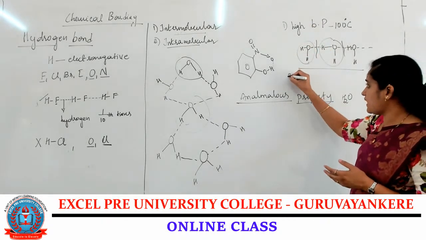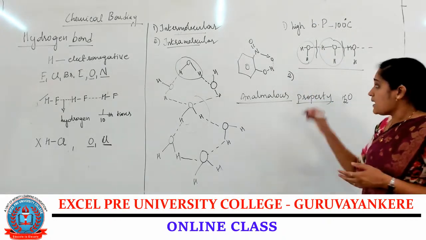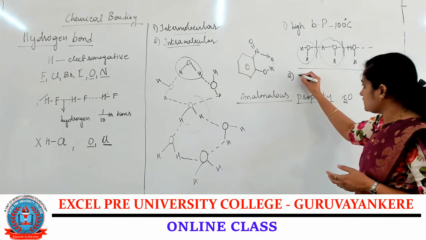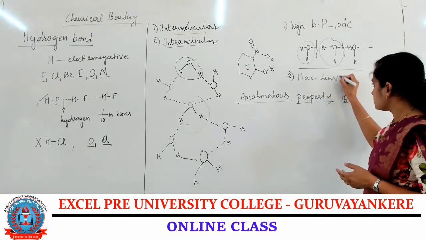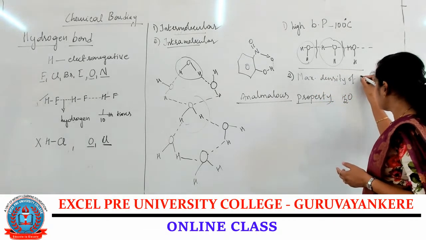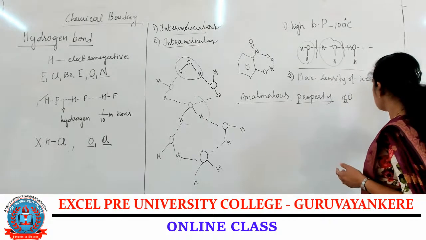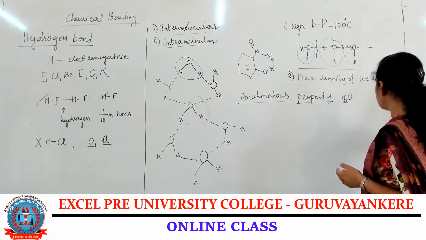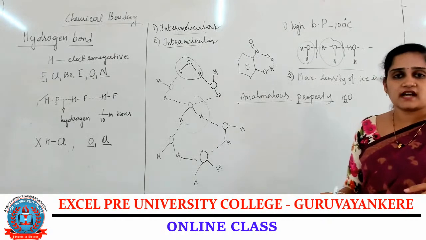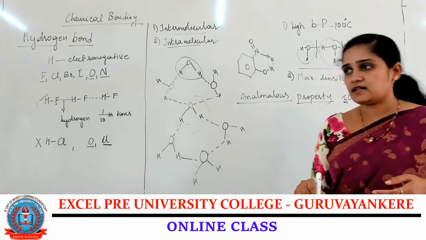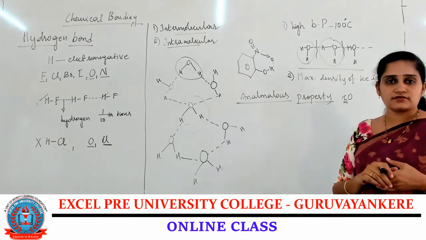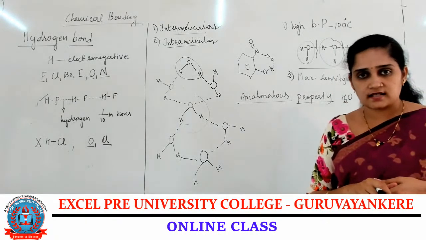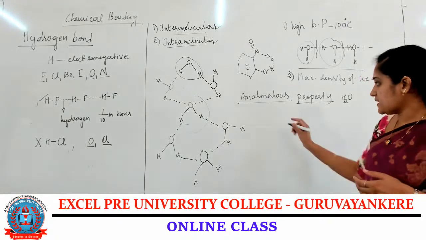So it shows a high boiling point. And the maximum density of ice is at 4 degrees centigrade. We know that ice floats on the surface of water due to its lesser density. Ice temperature is nothing but